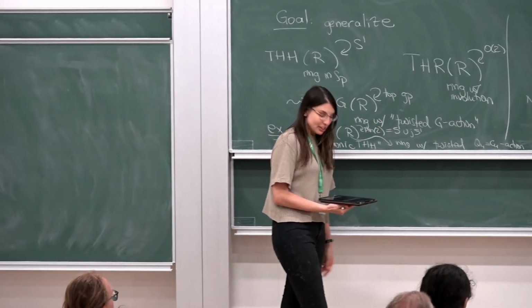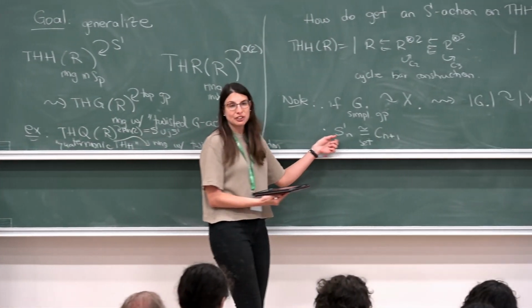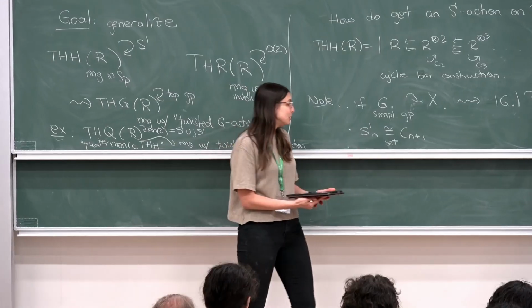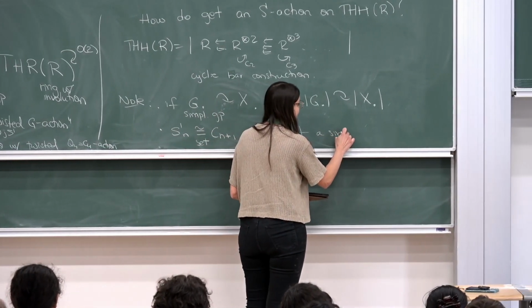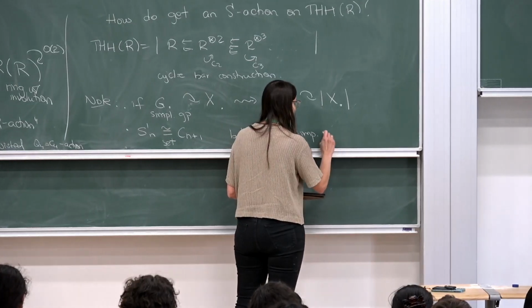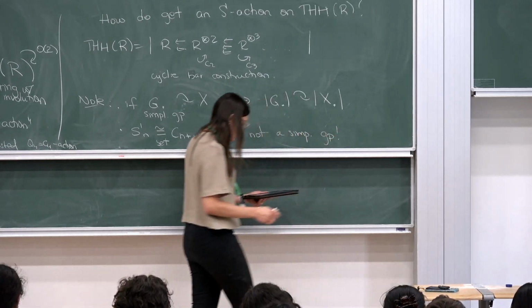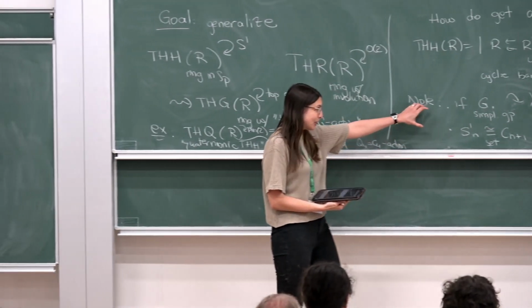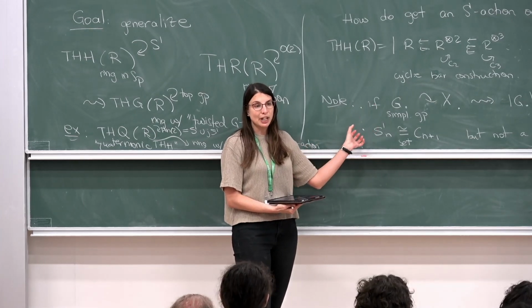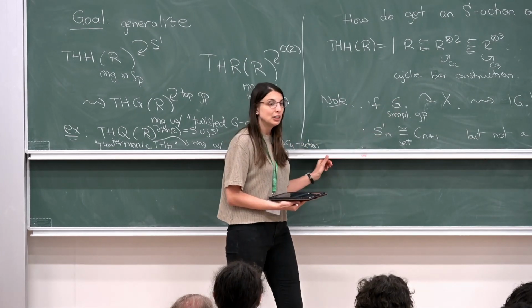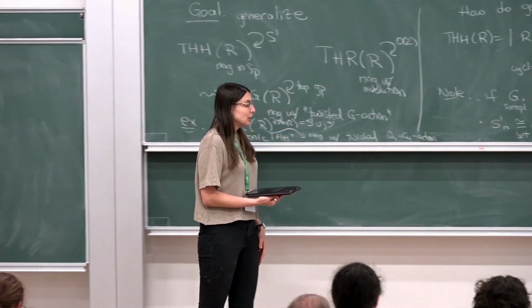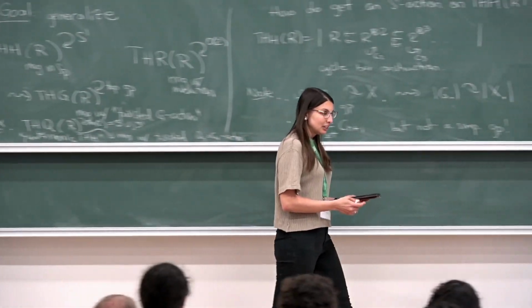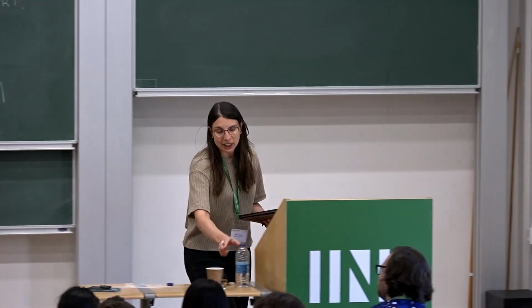Okay, but of course, the simplicial circle is not actually a simplicial group. So we're not in this nice context where we really have the action of a simplicial group acting on a simplicial gadget. So we don't get the action quite like that. But